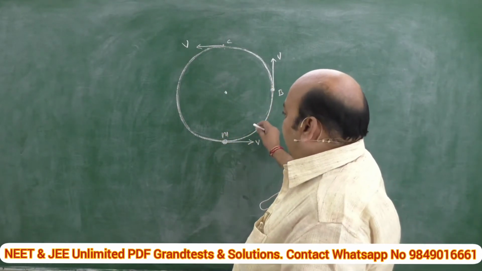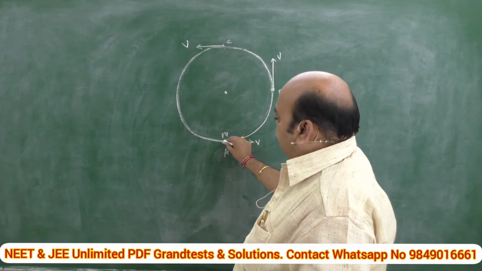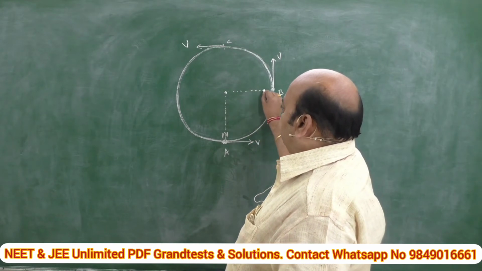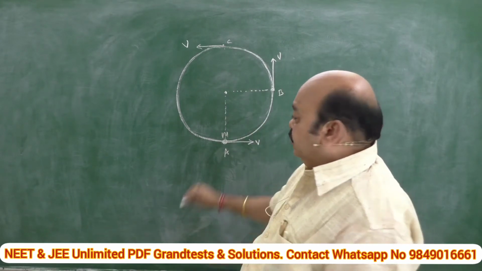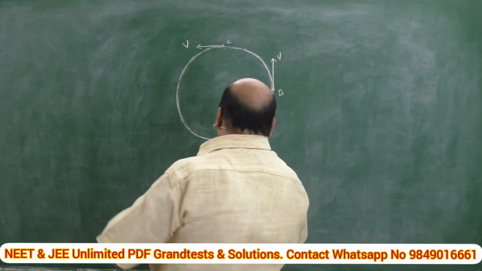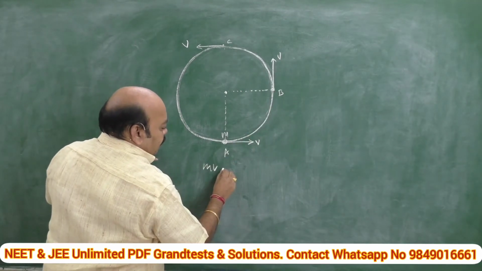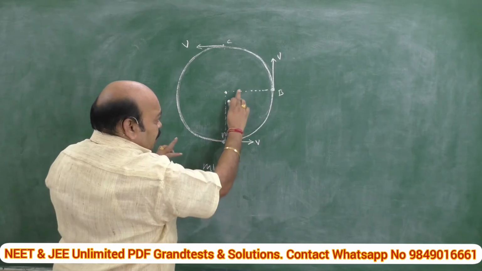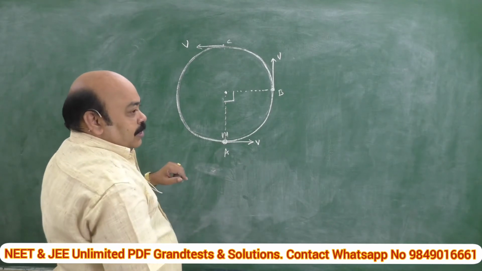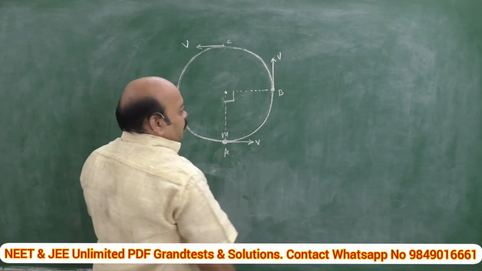For example, here, what is the change in momentum between the positions A and B? And this is the radius vector. How are these two acting? These two are perpendicular to each other. Let the momentum at this point A be mv, and when it is at this point, it is mv. Both are acting, making an angle of 90 degrees to each other. Two momenta are acting mutually perpendicular to each other. This vector and this vector, these two are mutually perpendicular to each other.